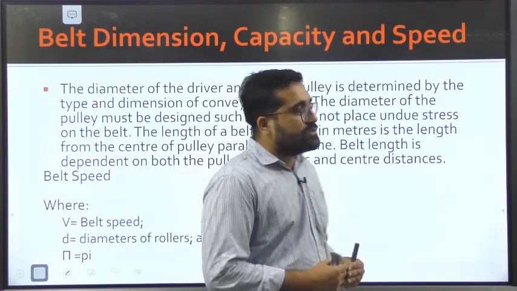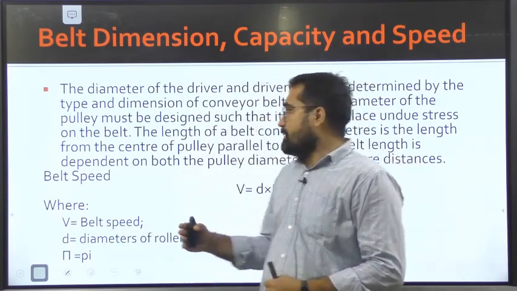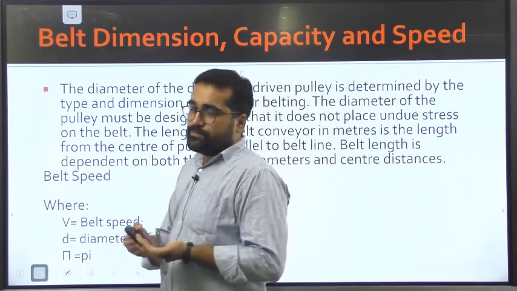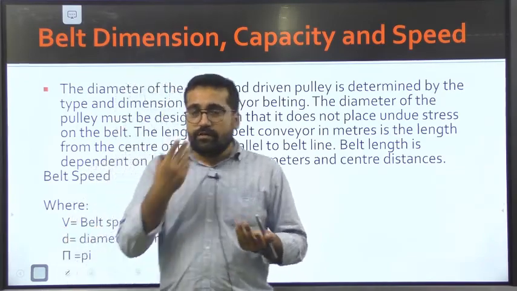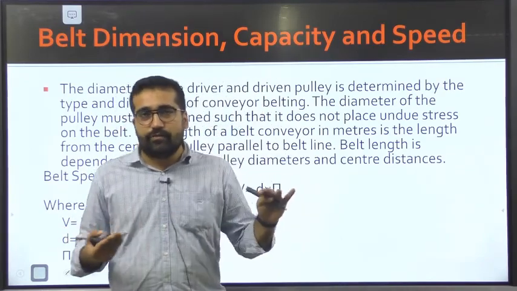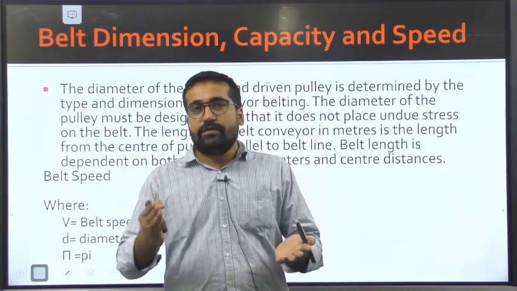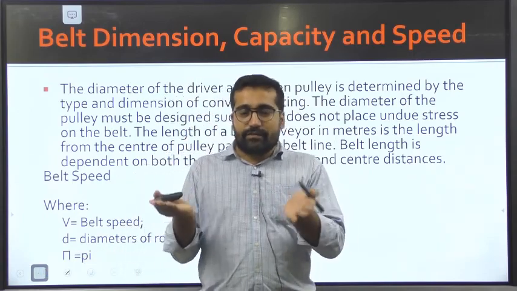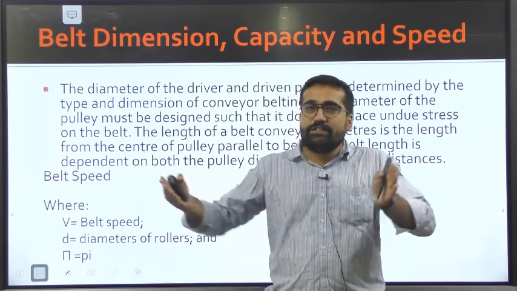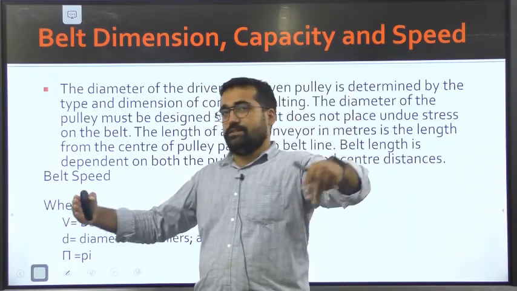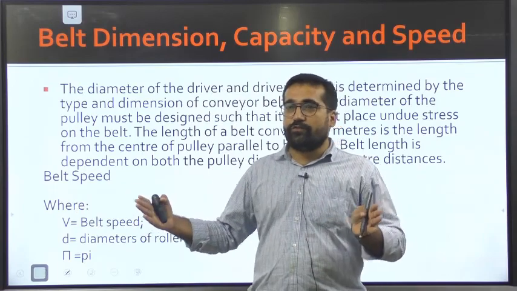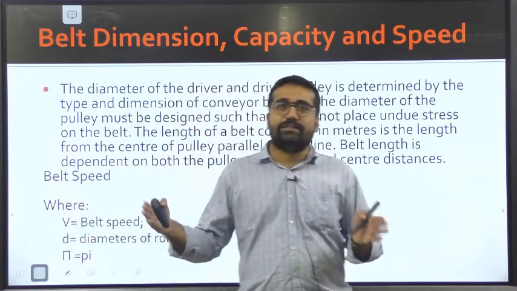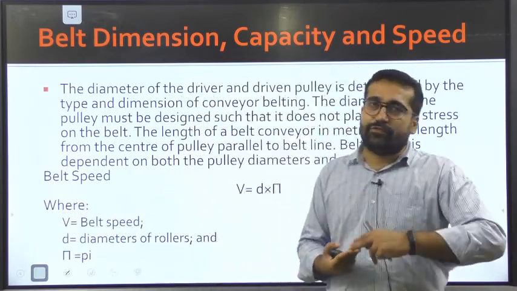Very important in designing the belt, the first thing is the velocity: what should be the speed of our belt, because everything depends upon the speed of rotation of our belt. Suppose we are conveying some boxes and the speed of our belt is too high, what will happen? The boxes will fall down. If we increase the width of the belt while the velocity is still the same, the box will not fall down, because the box will have more area, more space on the belt, so that it can adjust itself and be transferred from one end to another.